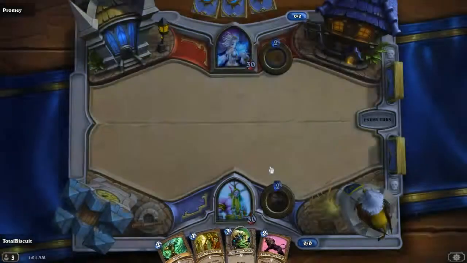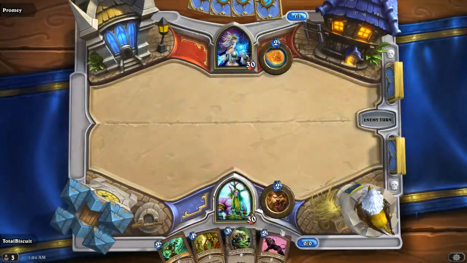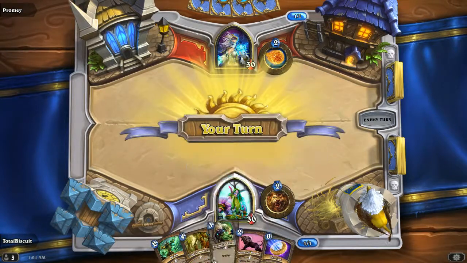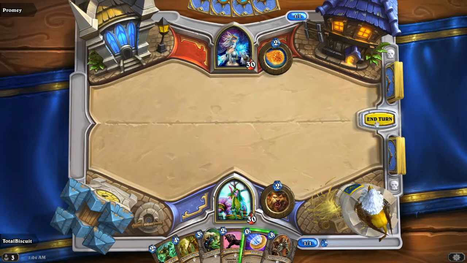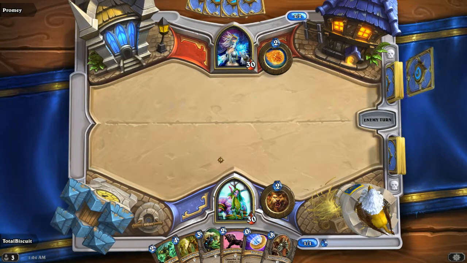Okay, we've got options here. We can turn 2 Power of the Wild for 3-2 Panther if we like. We can save up for the Farseer. Let's save and see what he does. Because we've got a couple of